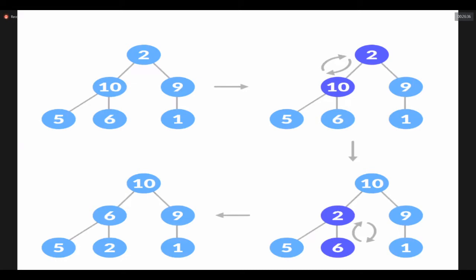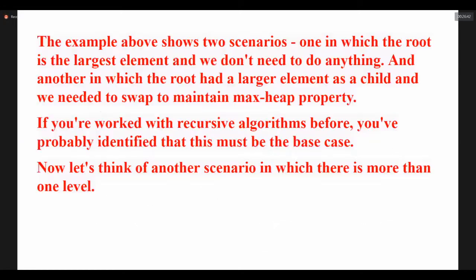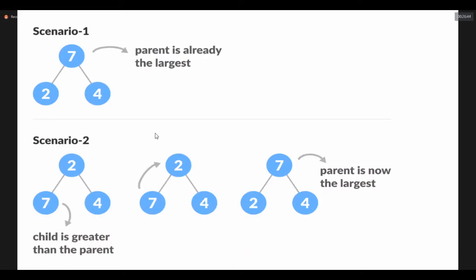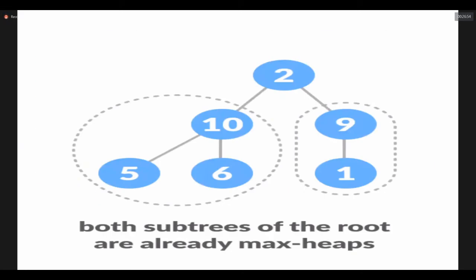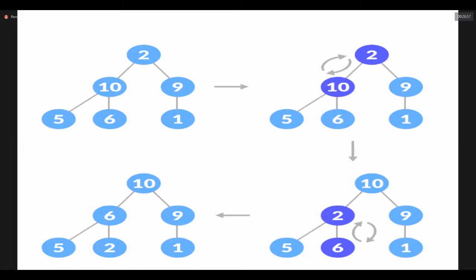In two-level heapify, in the first heapify there is no change. In this example there is no change, since the root is the largest value. In the second one, the child is the largest, so swap it. So this is only a one-level subtree. In two levels, you do the process from top to bottom.